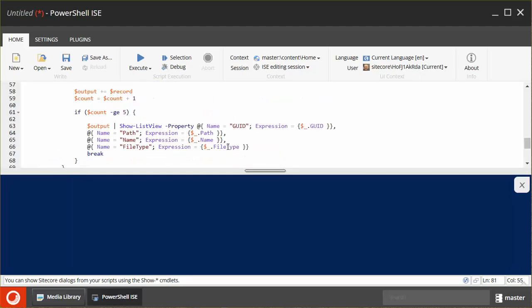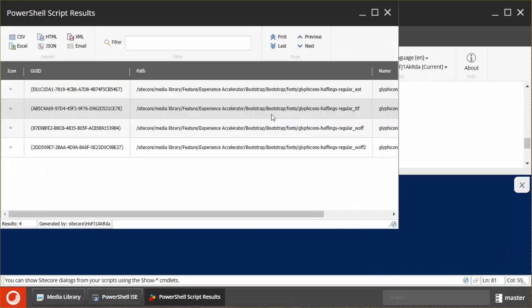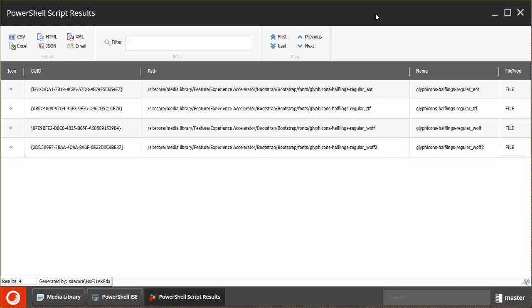Okay, so now this code is available. If I execute it now, I'm only going to get 5 records. And here they are. And note that for each record, I get the GUID, which was one of the things I wanted, the full path of the item if I want to navigate to it through the media library, the name of the item if I'm just interested in that,